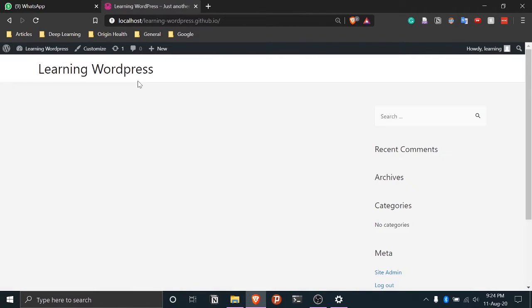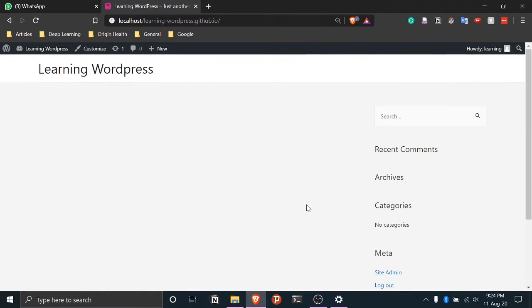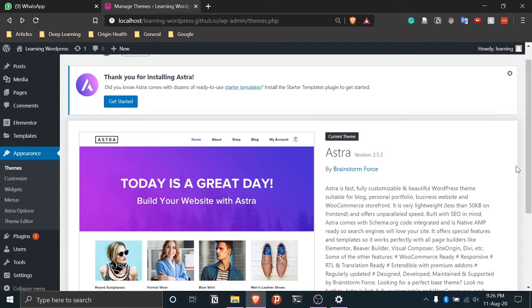Now we'll go to our website, and here we can see that there's nothing really there. That's because we have deleted our theme, so that's okay for now. We'll first import a theme, and then we'll start to modify it so that we can make it look the way we want. So now that we've deleted the unnecessary pages, posts and themes, now we'll come back to the